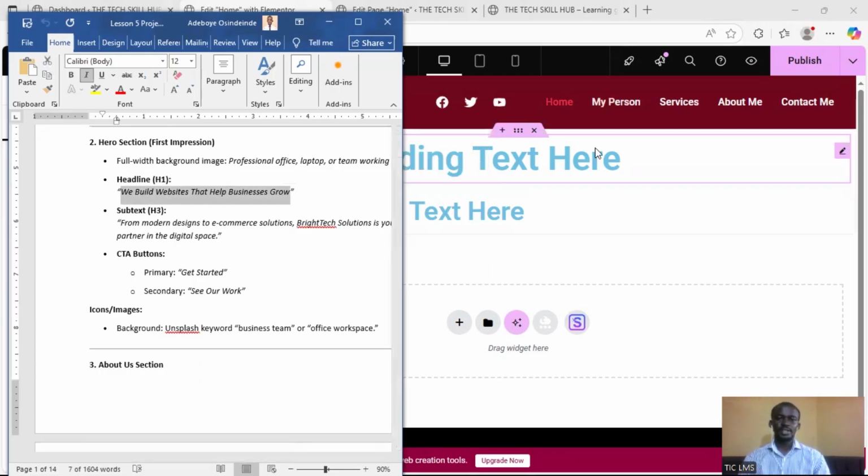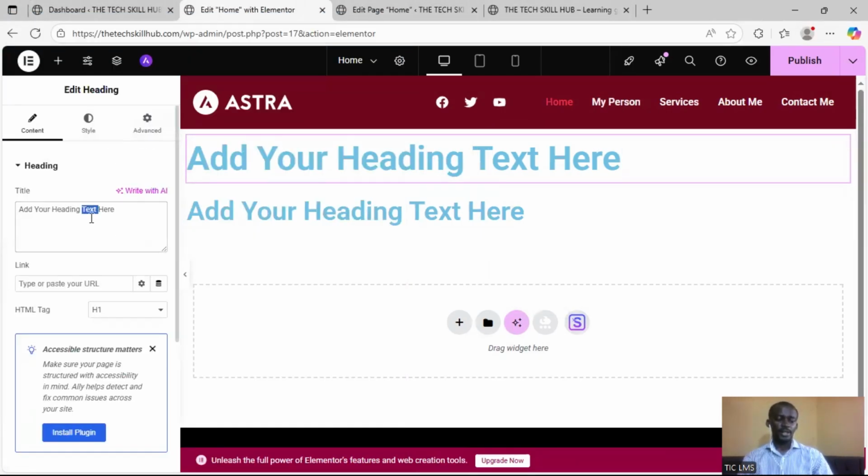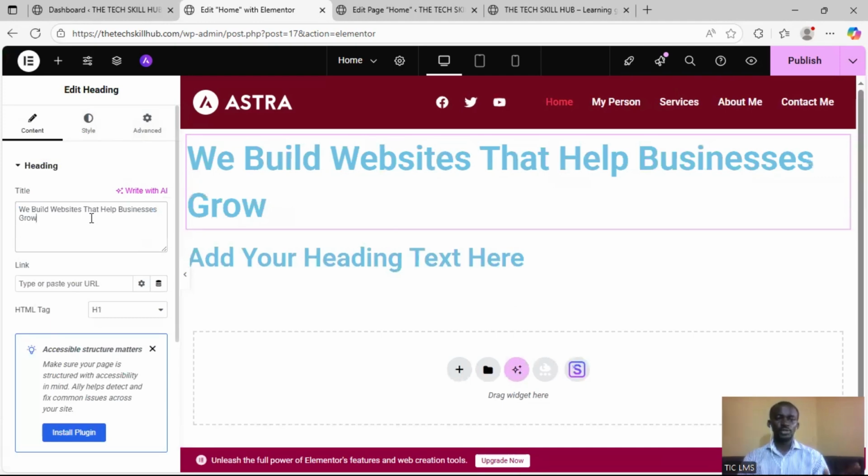Now, this is header 1, and this should have the main thing that the website is about. If there has to be any key phrase on the site, it needs to be on this header 1 in order to easily optimize the site. All right, then the next one,